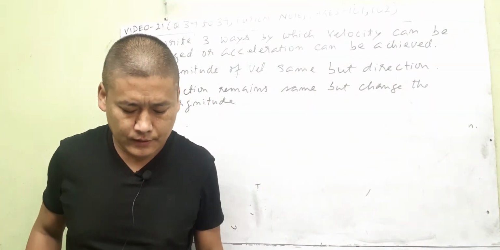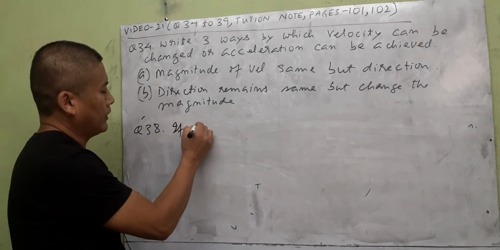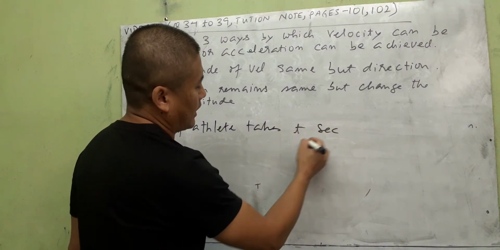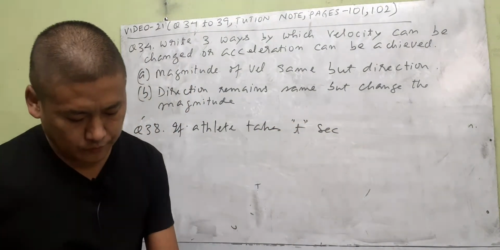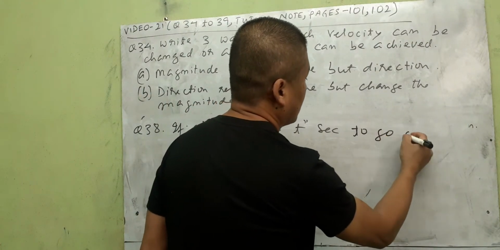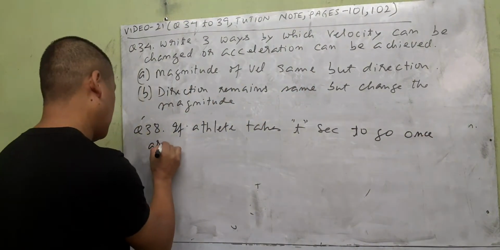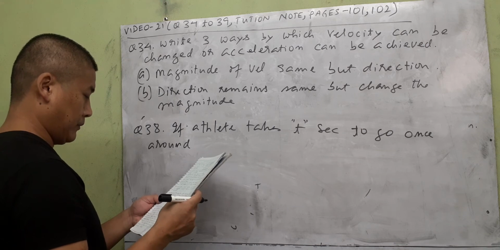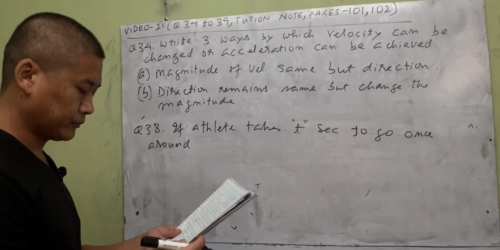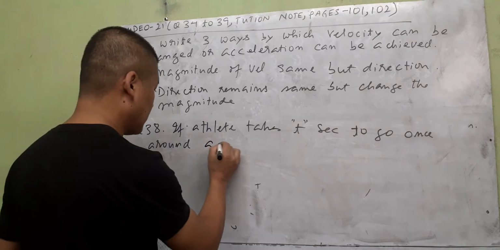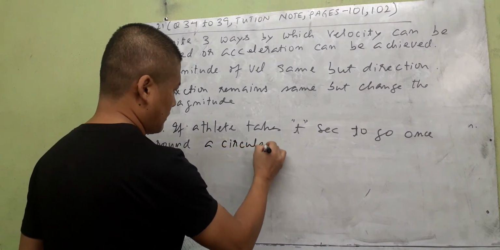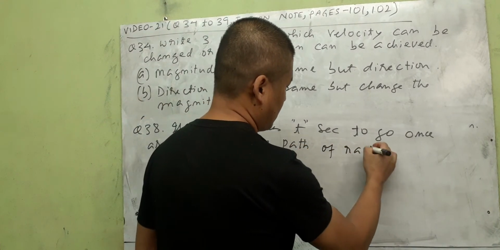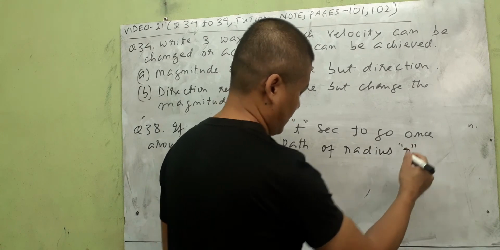If an athlete, a sports person, takes t seconds, t meaning time, to go once around a circular path of radius r, then